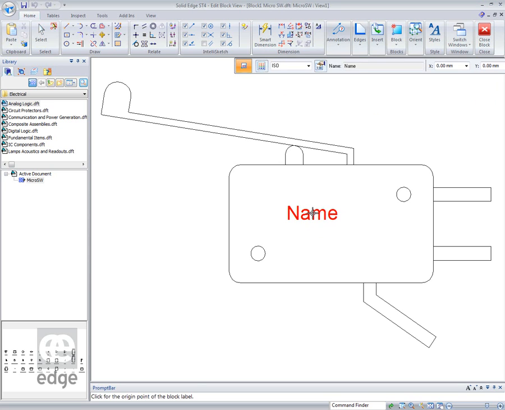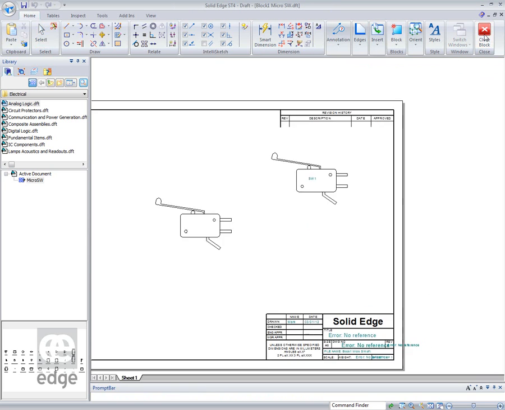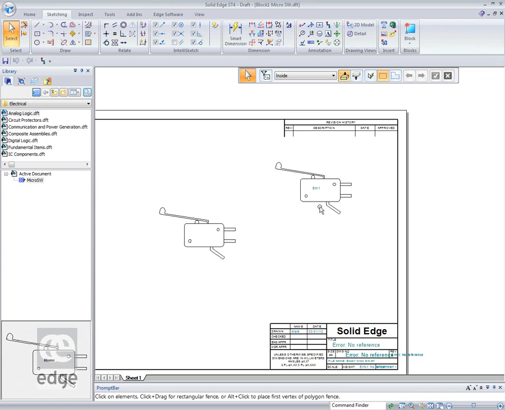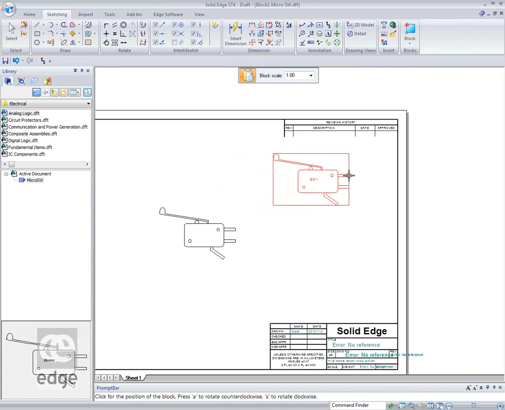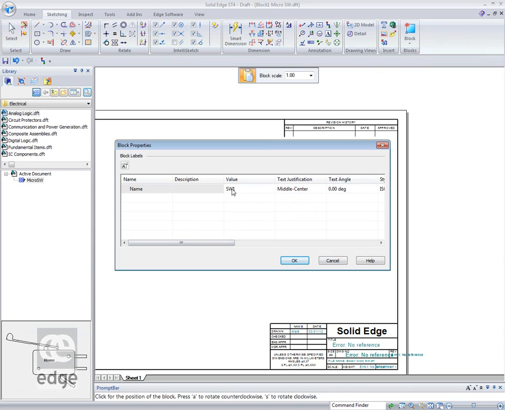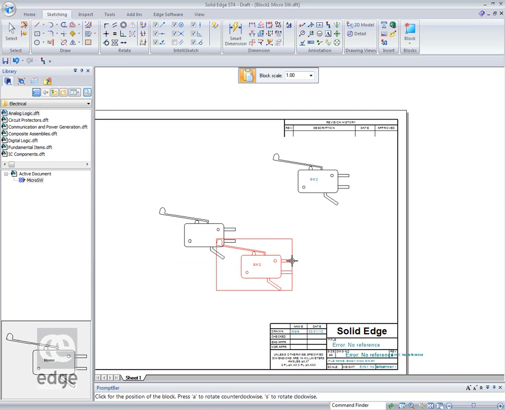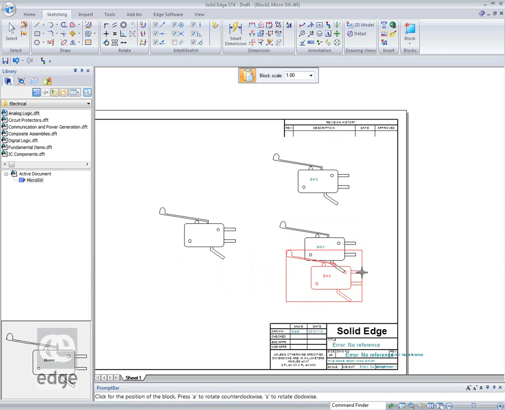Where do I want to put it? I want to put it right in the middle there. I close the block. Now you'll notice that immediately this one had SW1 placed on it because that's in there. So let's place that block again and place it, and it prompts me for the value. I don't know if you can see on your screen here, but the name area is grayed out. I can change that actually, but I can change this one to SW2. So say OK to that, and I'll place that one,